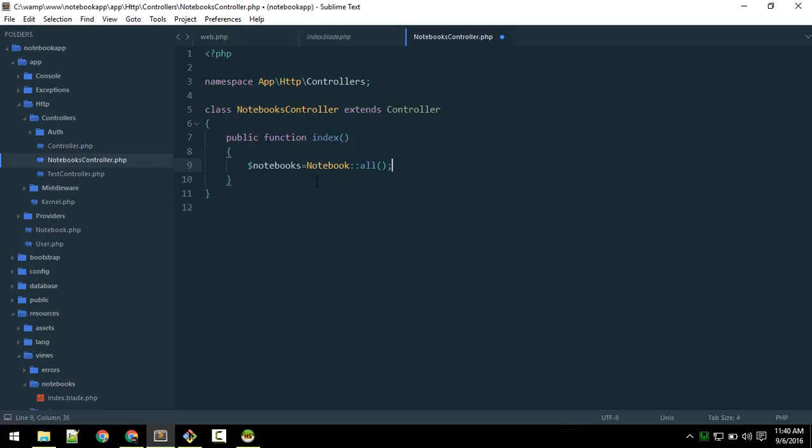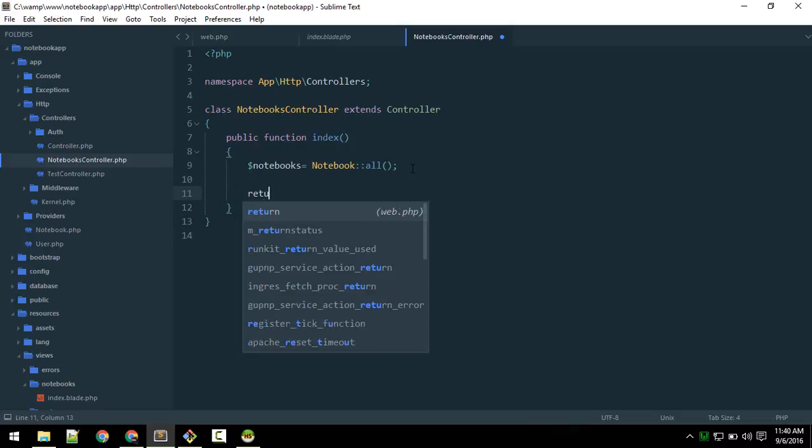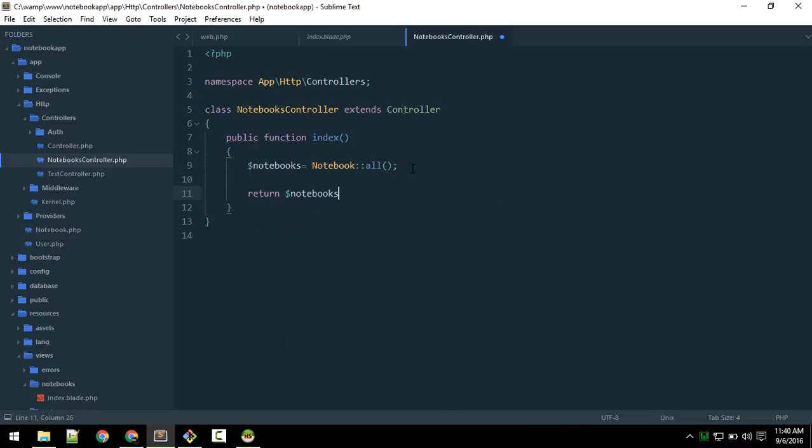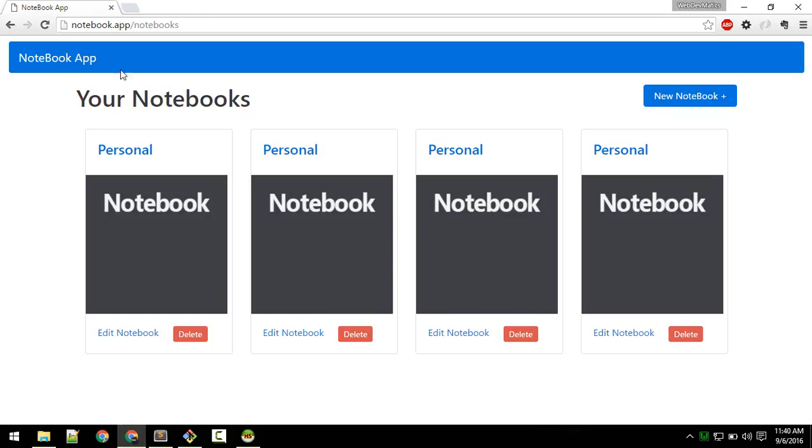After assigning all the notebooks data, you can test this. For example, let's return notebooks, and see if that is working. Previously, it was loading this view. Now we again refresh that, and we should see the